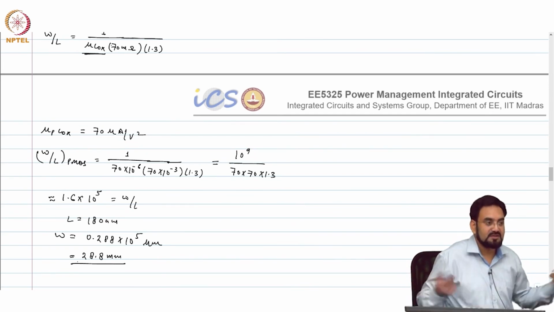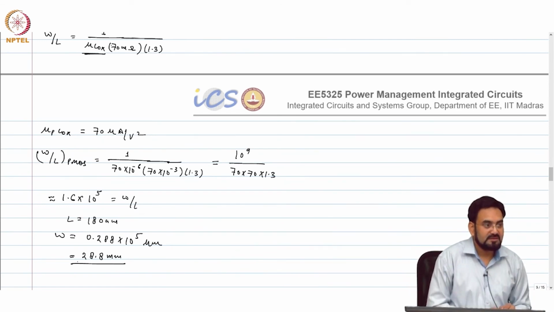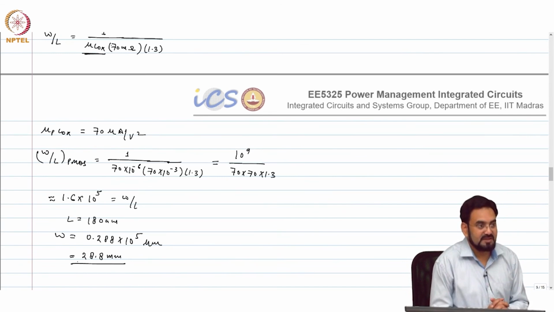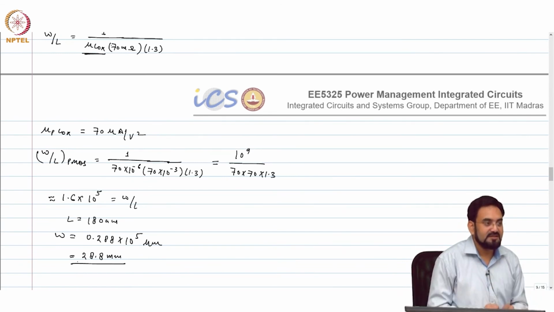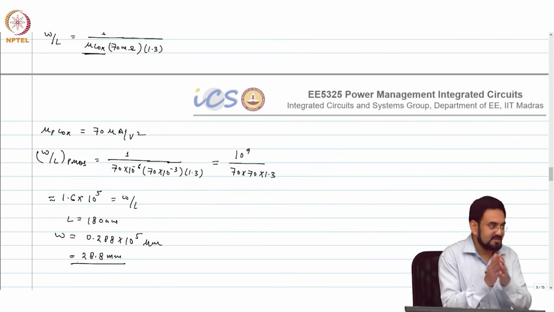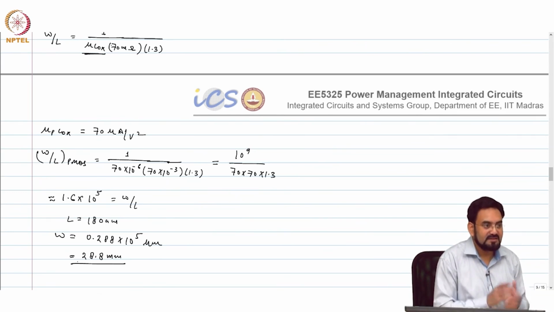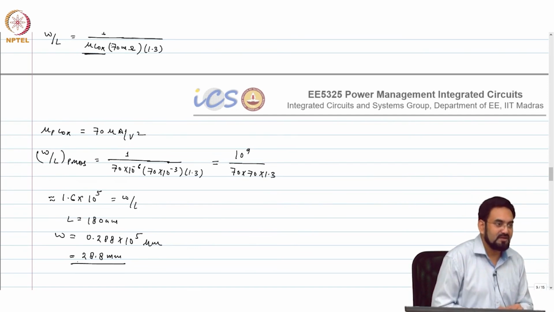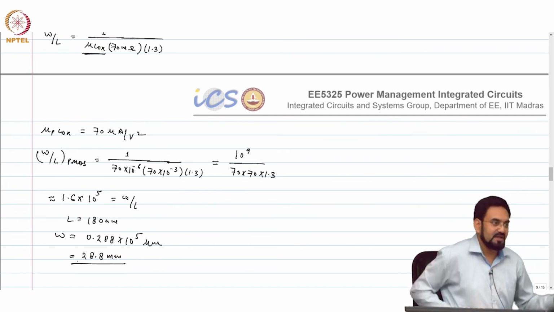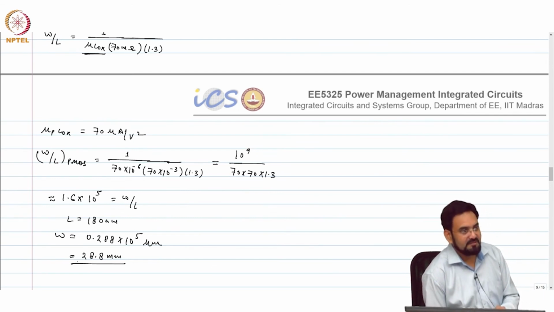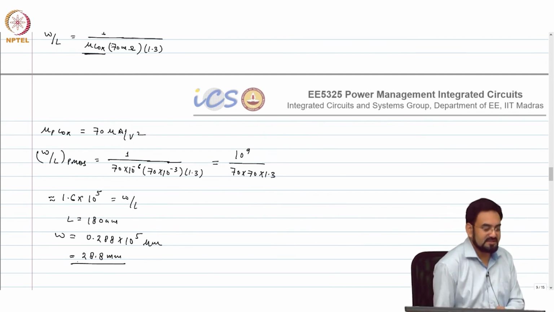How do you place this in your chip? So you split it in fingers actually. You cannot choose a single finger, otherwise it will look like a stick transistor. So what you do, you connect very small transistors in parallel, with smaller width. So let's say you choose like 100 micron as one unit. Okay, so your total number of fingers will be 28.8 millimeter divided by 100 micron, and that many fingers you have to connect in parallel. That's how you do it in the layout actually, for big transistors. You don't use single fingers. Okay.